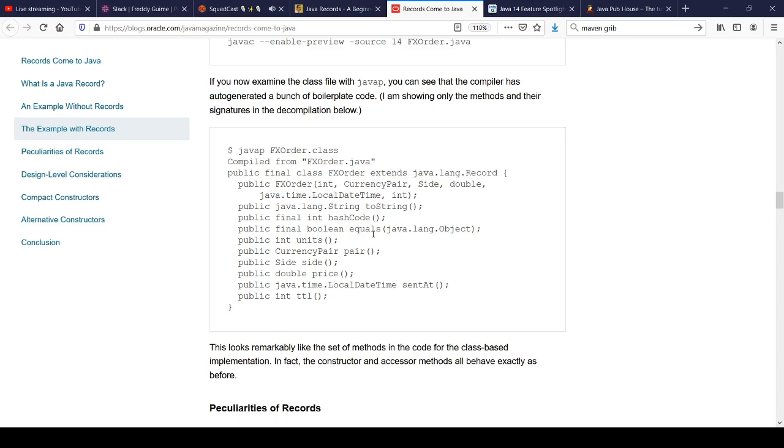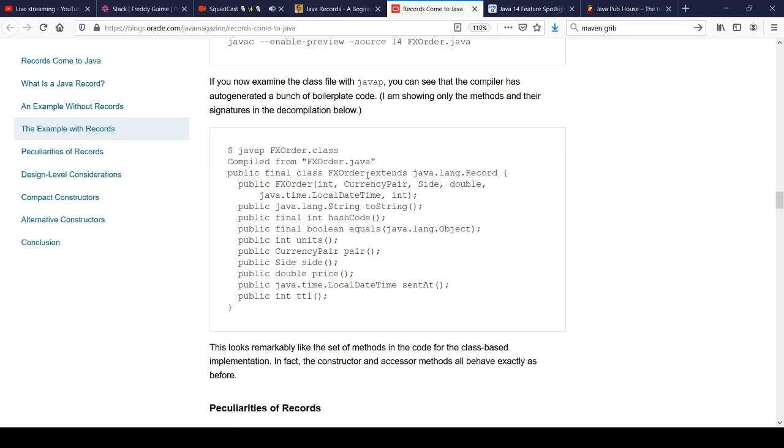Most of them map neatly. Some of them, like invokedynamic, are a bytecode instruction that doesn't have a particular Java language equivalent, so those are shown differently here. But when you look at it, it decompiled it, and it really just looks like what you expected to type in if you were going to write the project for yourself. So you get all that generated.